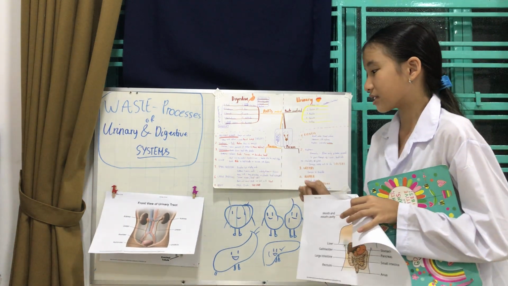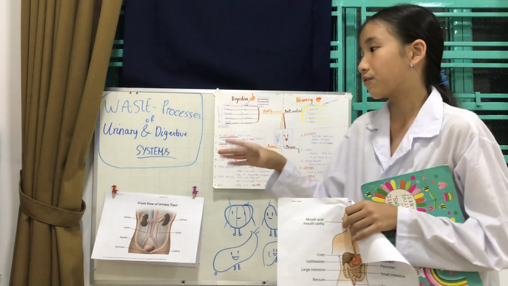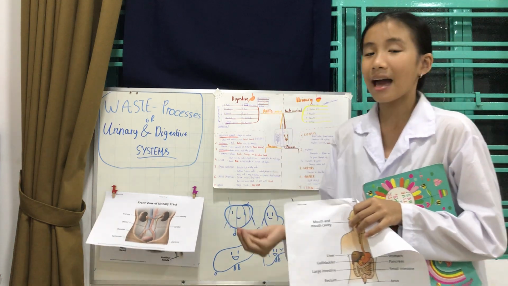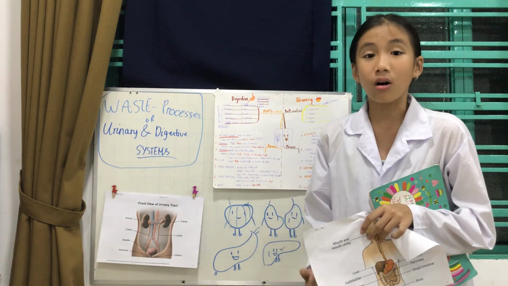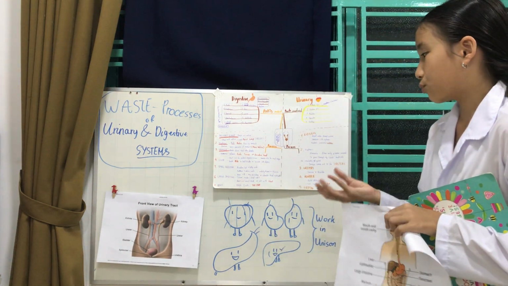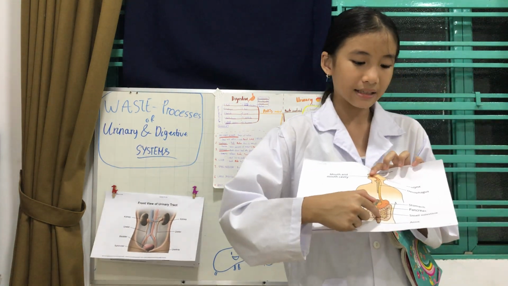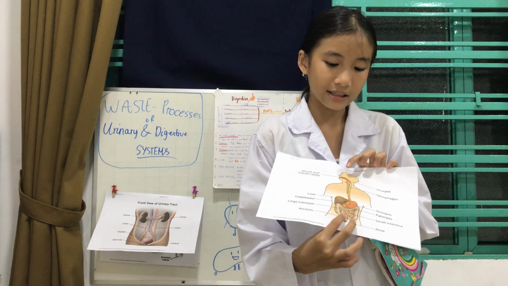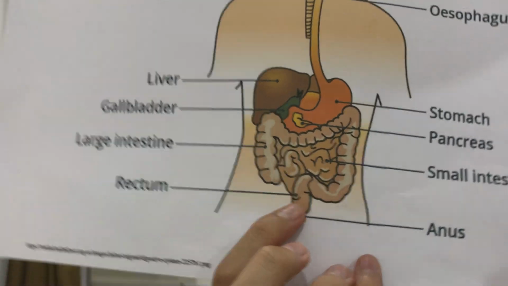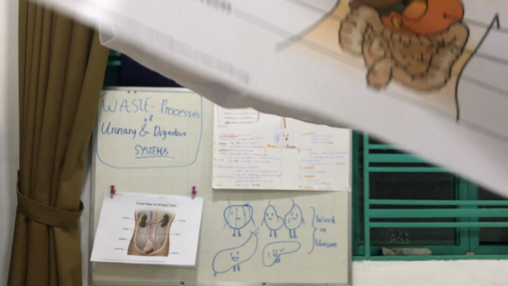Therefore, in the large intestines, it will drain out most of the fluids from that stool, called the stool, and then it will absorb the nutrients also, but very little nutrients. Then it will be left with the stool. The stool then comes to the end of the large intestines, to the anus. Now here, as you can see, there's this part here called the anus.